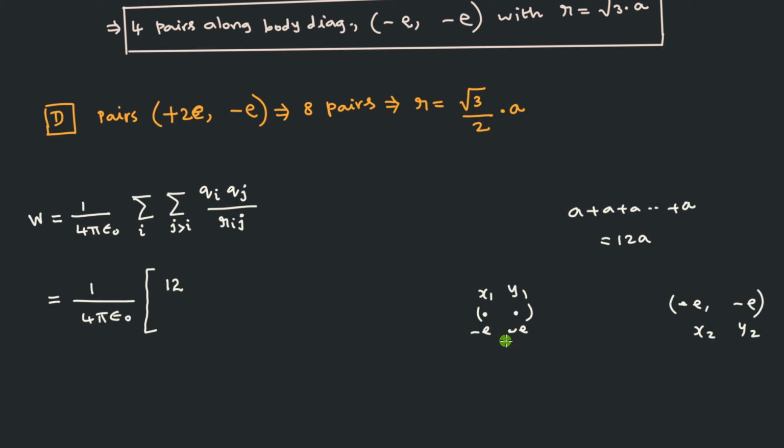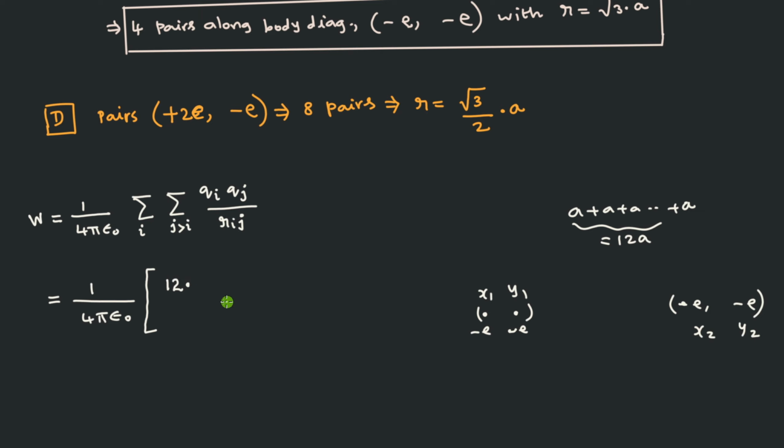Identical, I use the word identical because both the charges are minus e, comma, minus e. So that difference should be clear. Identical doesn't mean that the 12 of them are the same pair. Same pair is different, identical pair is different. So we have 12 identical pairs which are located in different places, x1, y1, and that is why this kind of addition is possible. So 12 of them are there.